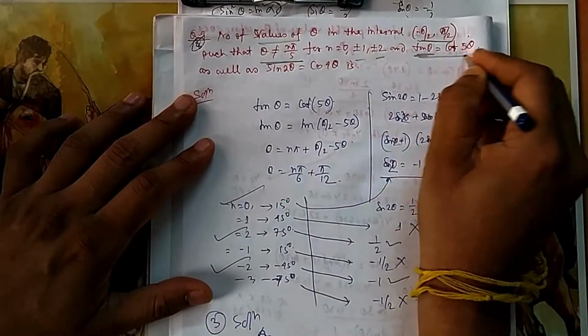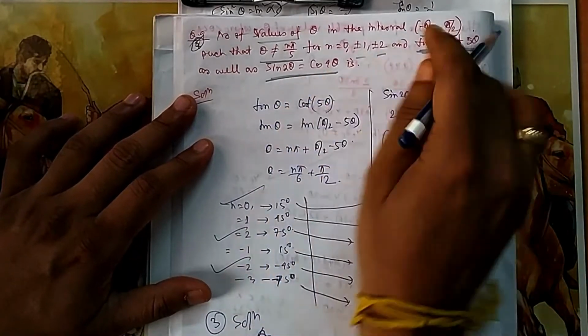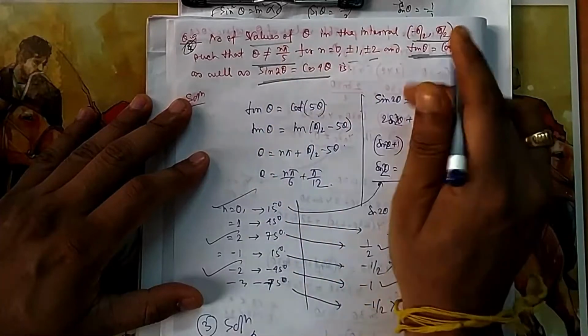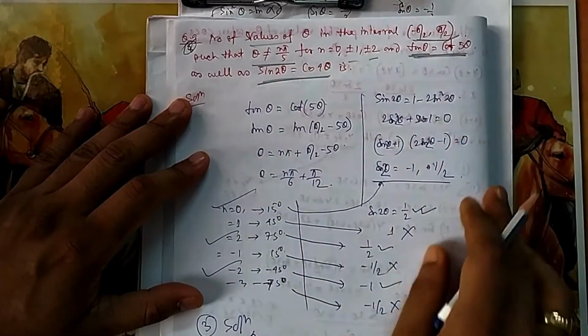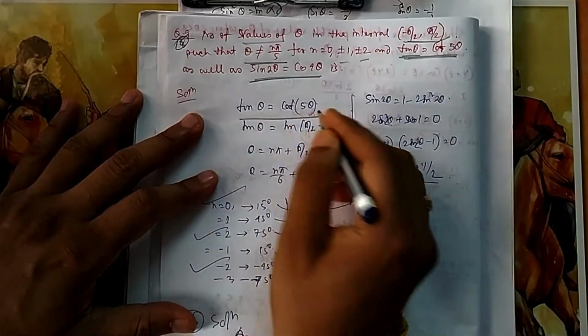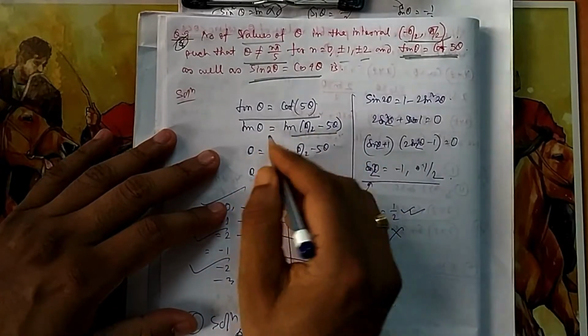And this is given, tan theta equal to cot 5 theta and sin 2 theta equal to cos 4 theta. So these two equations are given, and then you have to find theta so that all these things are satisfied. This also should be satisfied and this should be also satisfied. Okay, so if I start with these two equations, tan is equal to cot, you can write tan of 90 minus theta. So then you can apply that general theorem.